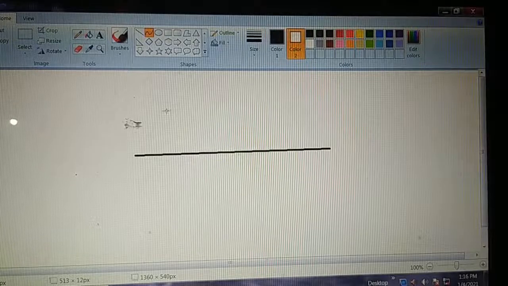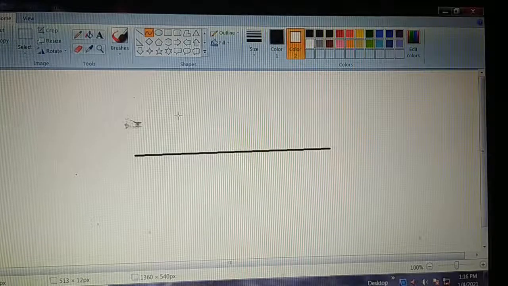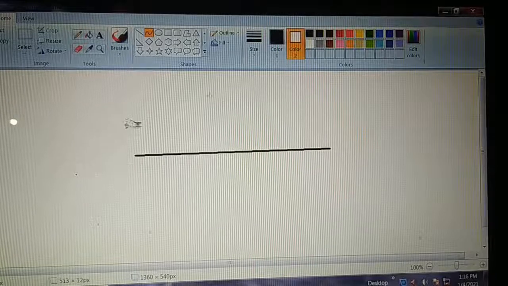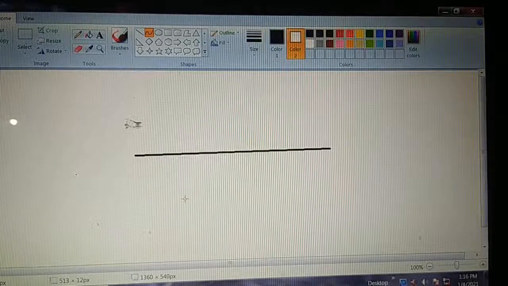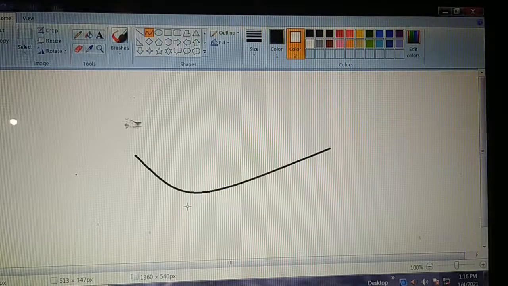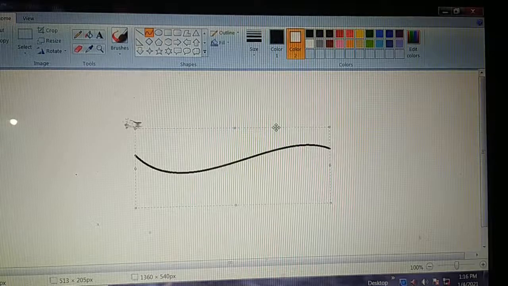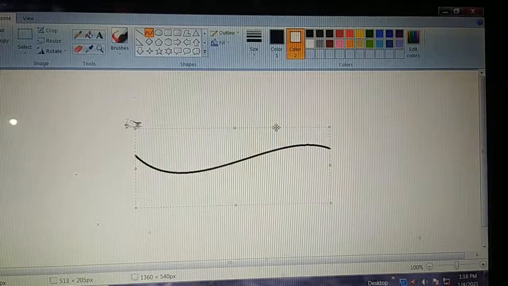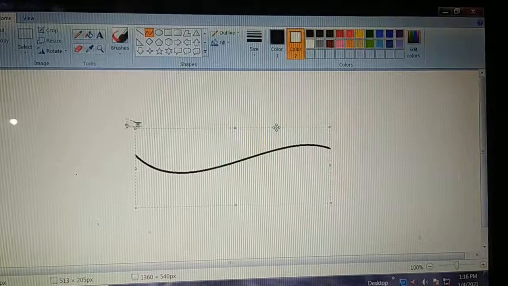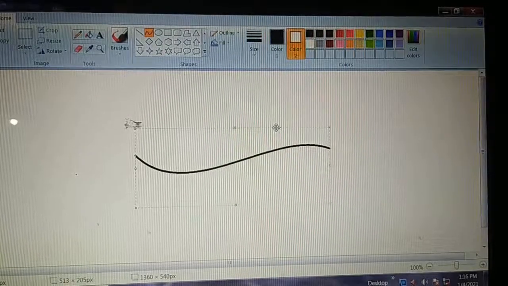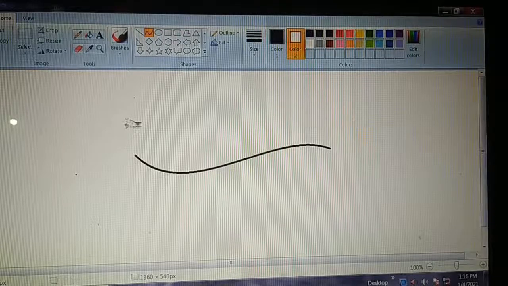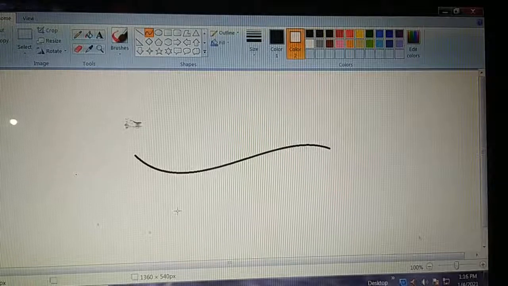Then click on empty space in the drawing area. This time I am clicking below the line. Done. First click for the first bend and second click for the second bend. First click I did below the line and second click I did above the line. Done. So a curve can be drawn very easily with the curve tool.